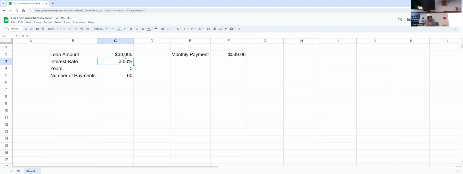So I'm going to erase this. I think we've all got everything typed in that we need. All right. This is where it starts to get really cool. Okay. Let's go down to cell B7 right here. It's like we're playing Battleship with math. All right. So let's just type in